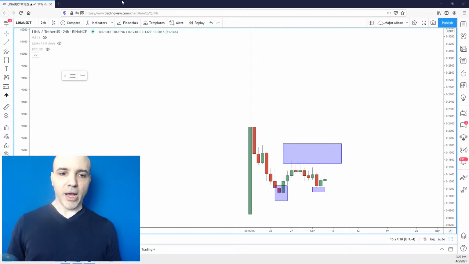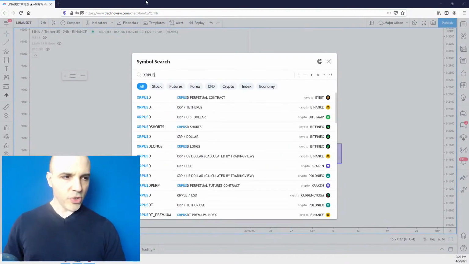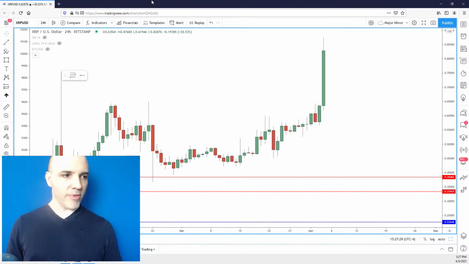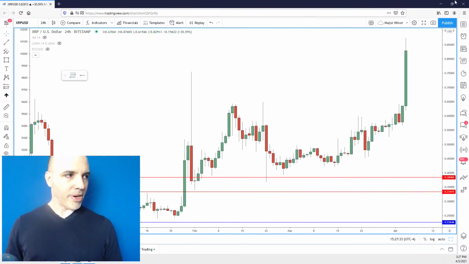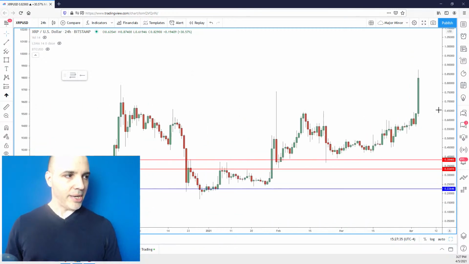Shay Shank, XRP. So he asked about it from 43 cents, and he's still in it long, and he still thinks that it can go higher. Let's take a look. XRP USD. And I see some people in the TradingView chat. Sure, I'm going to get to it. Wow. I mean, this thing is starting to perk up here. That's nice, Shay Shank. I mean, I'm glad you're still in it.